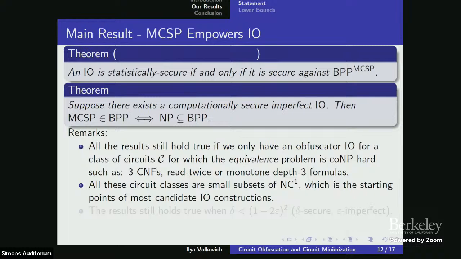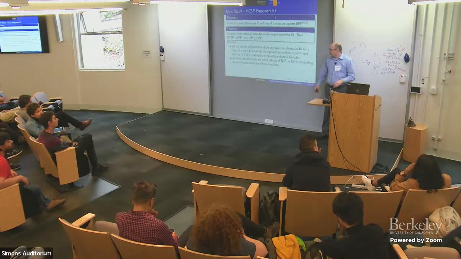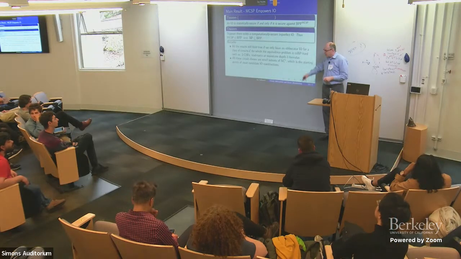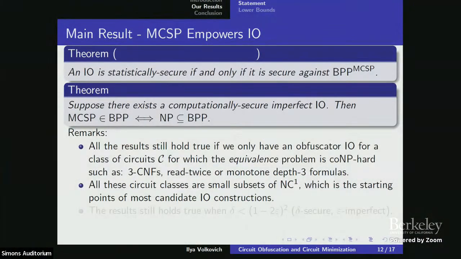Questions? Is this all still true if you just have non-IO? If you have what, sorry? Null IO. I mean, IO just for circuits that doesn't apply. So yes, you do need the security. You don't need the security thing that says if it has the same functionality, it has to be the same. You're not going to obfuscate everything, but you do need the security requirement, right? Make sense? No questions?